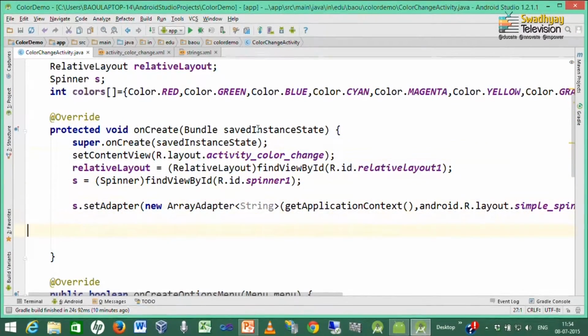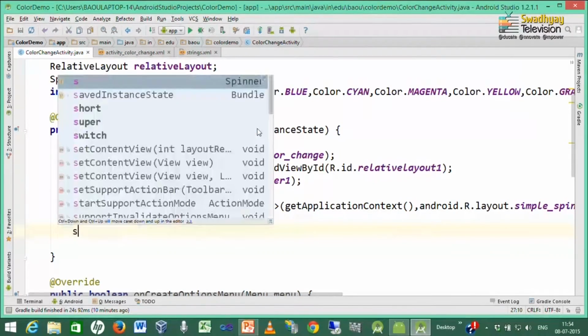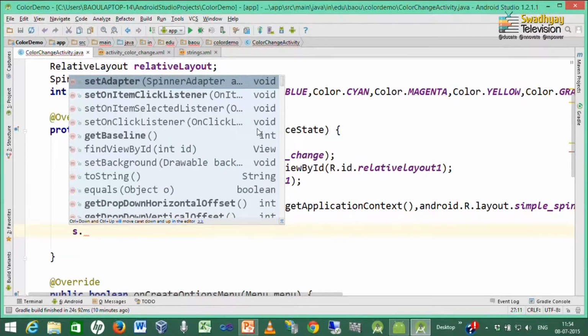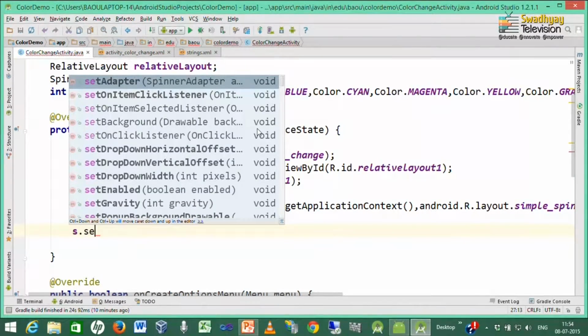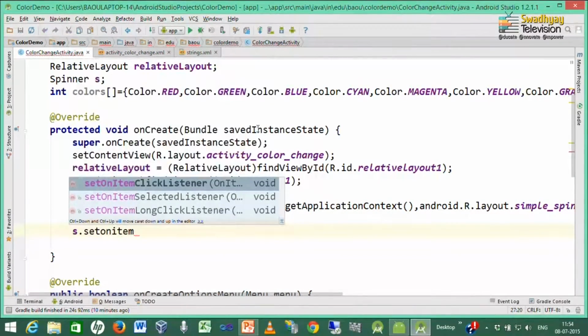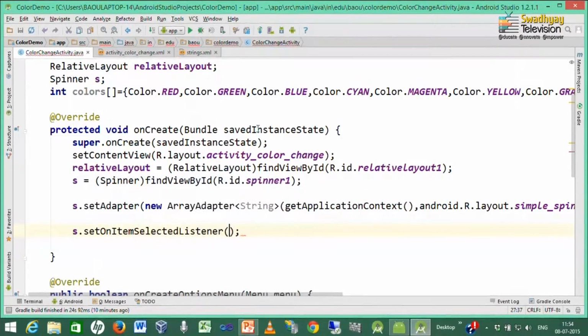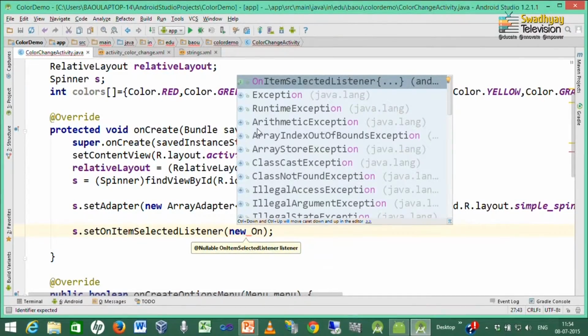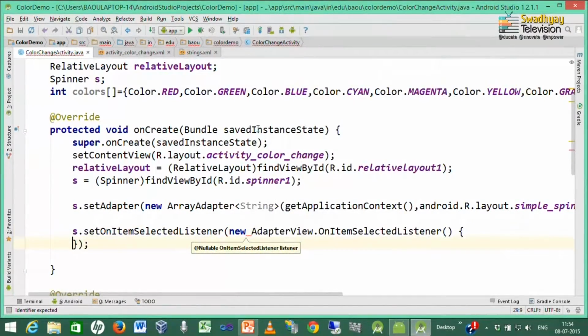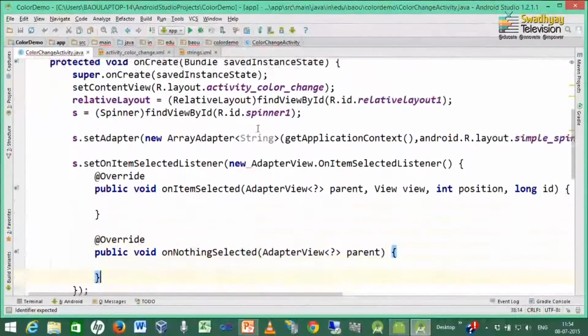Now, we implement how to handle the selected item from the list. So, I write s.setOnItemSelectedListener. Here we write OnItemSelectedListener. Now, it defines two methods.